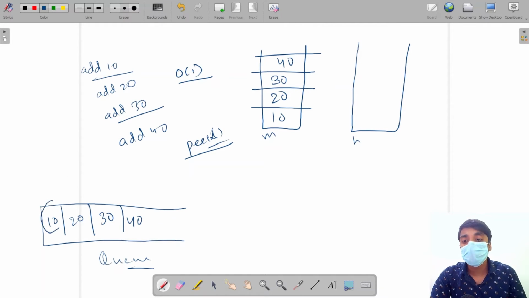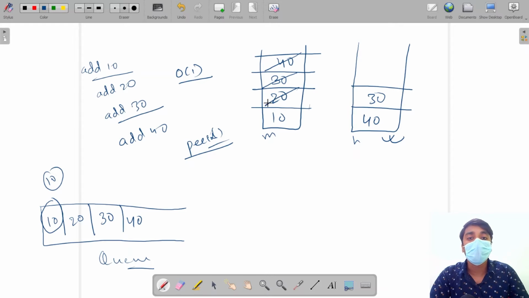now in queue the peek value is 10, but in our main stack that 10 is at the bottom of the main stack. So if we want this value, we have to use our helper stack to get this value. So what if we remove all the elements and push it in helper? Now pop 30, push it in helper, pop 20, push it in helper. Now till the last element, this last element is our peek value in the queue.